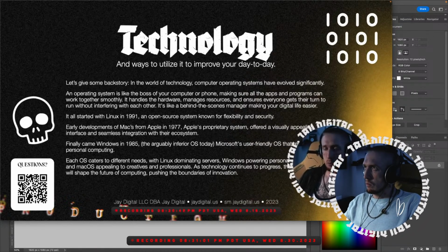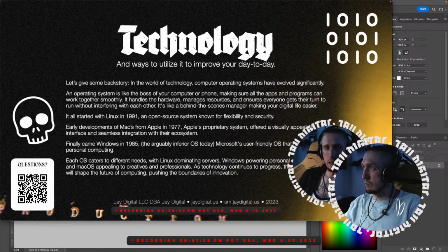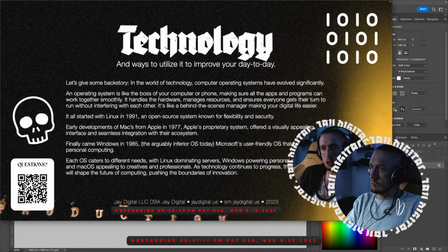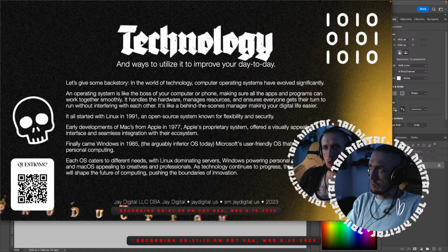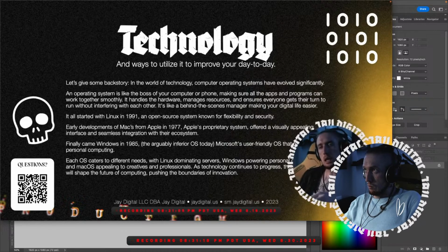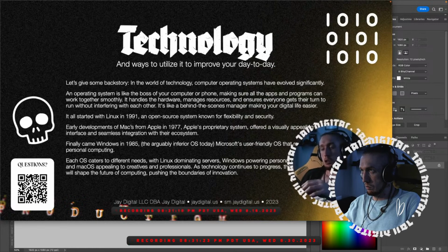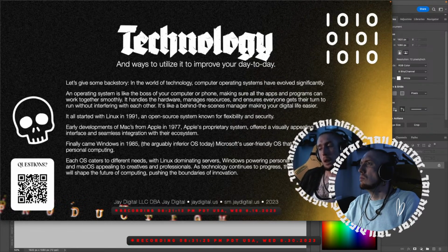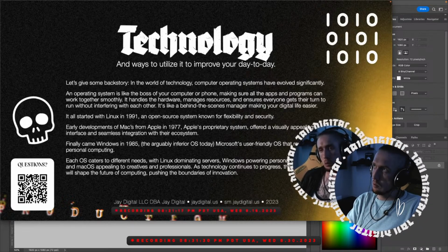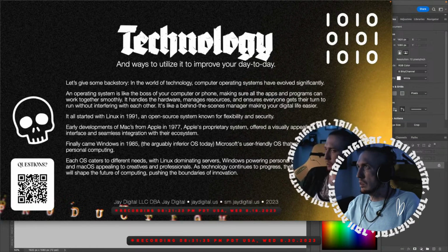And this might surprise you: the Mac OS, Macintosh OS, was built off of a Linux distribution, like a version of Linux. So you'll see some similarities if you dabble in any deep tech when it comes to Linux and Macs. Like in the terminal, you can use some Linux commands like you would with Macs, and Macs with Linux. They're interchangeable sometimes.